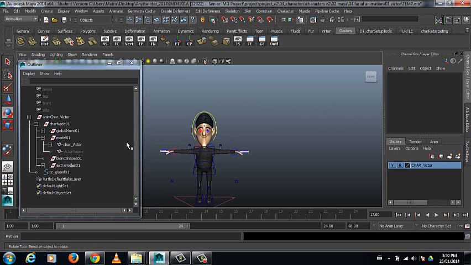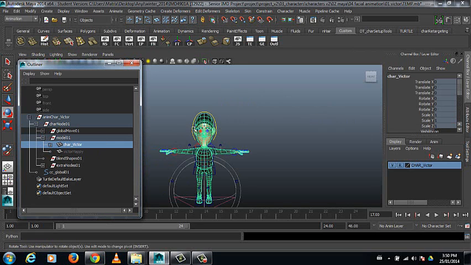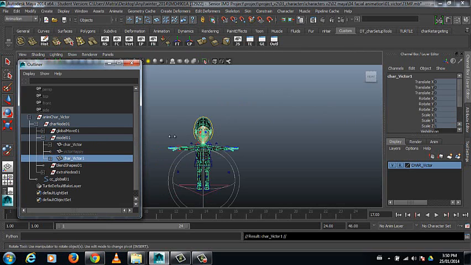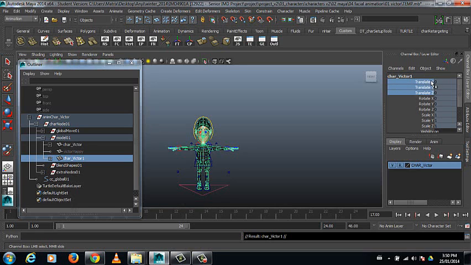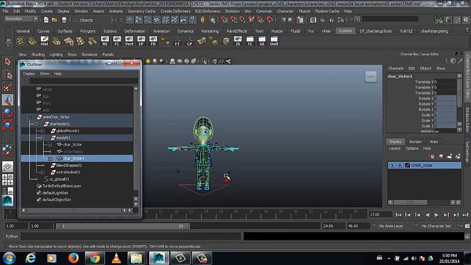So basically you would start off by duplicating his mesh. So you hit Control D, duplicate his mesh, and right now it's locked, and that's because the character is skinned, so they want to prevent you from moving that mesh. So we hit Translate XYZ and we just hit Unlock Selected,